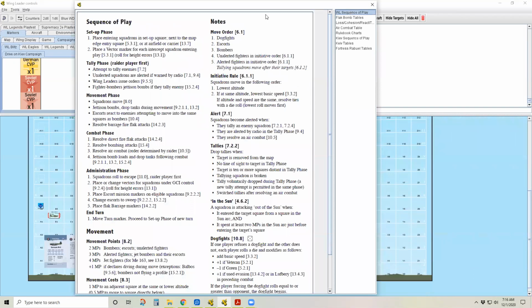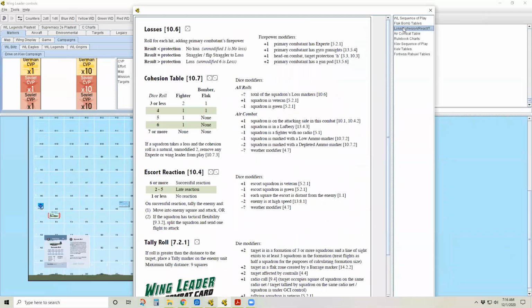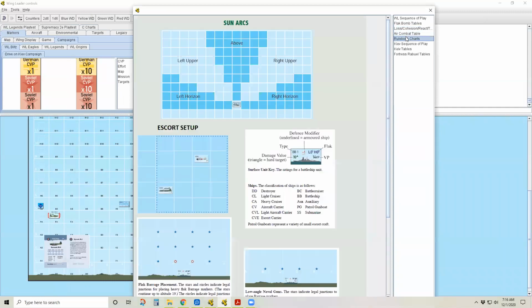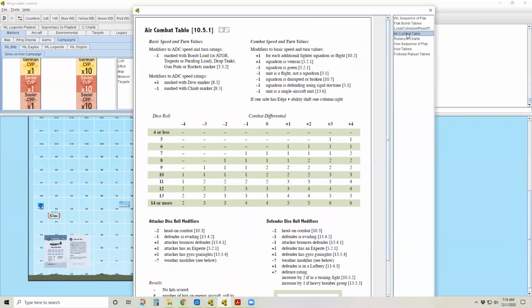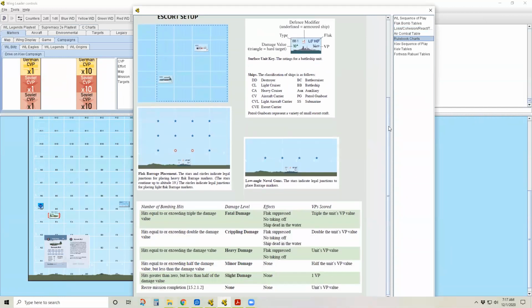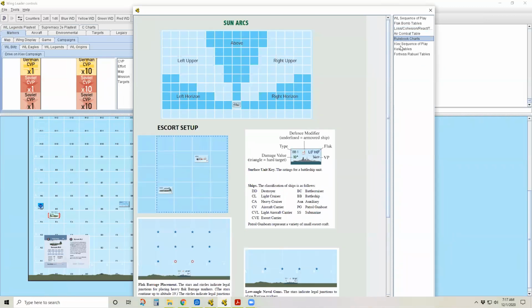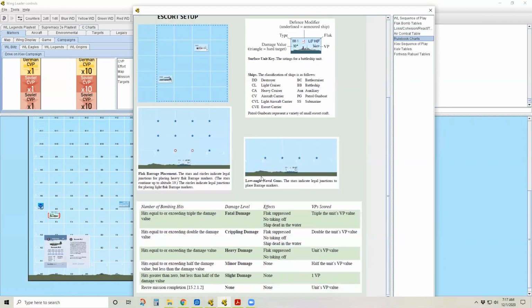This is very helpful. I recommend using these. You get your sequence of play and all your play aids right here if you need to reference them. And I did create, when I made this extension module, all the weird little charts that are throughout the book that aren't on the play aids, I just stuck those all together into a chart here. In particular, the sun arcs I reference a lot. And the